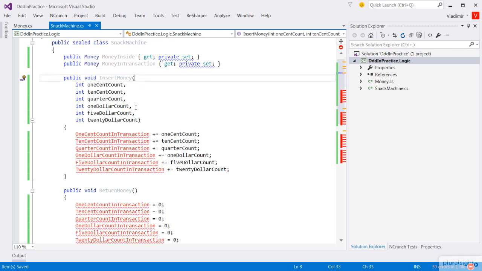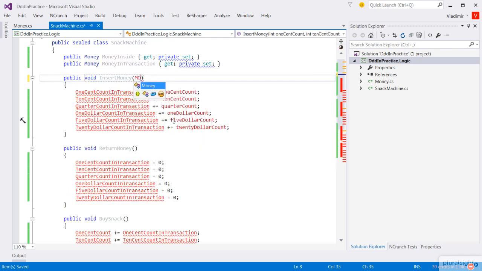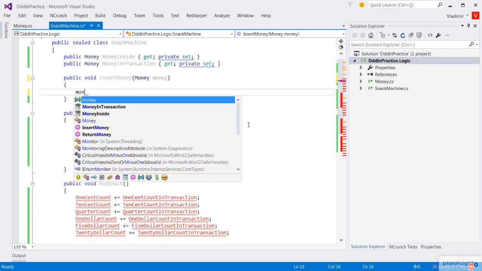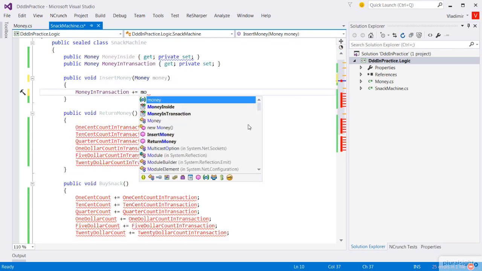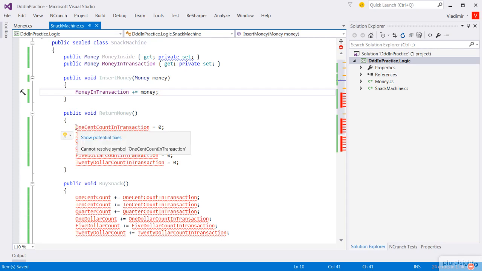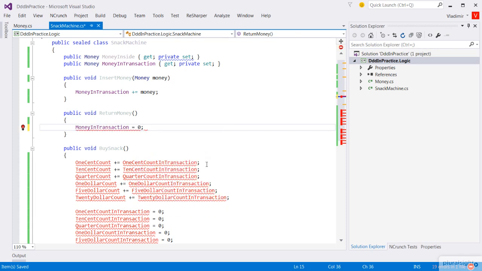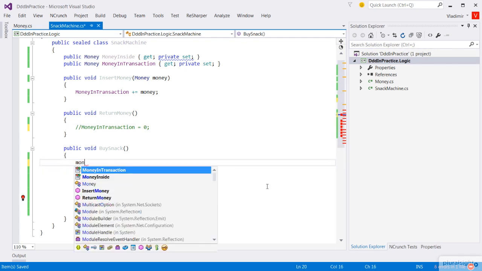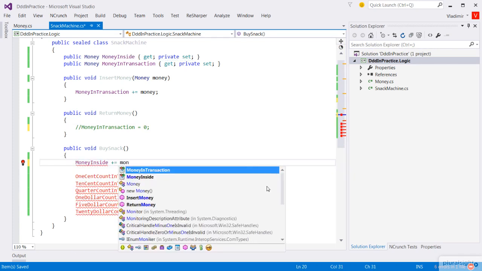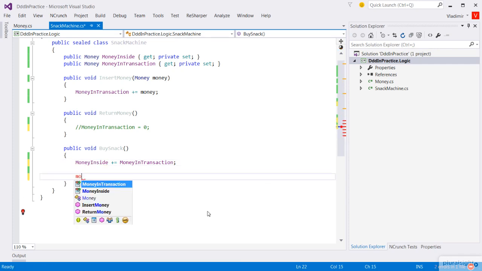The insert money method can also accept a money instance instead of the separate count parameters. Here we make use of the plus operator we introduced in the money class. For the return money method, we will also need to introduce some operation for clearing up the money instance to show that there is no longer any money in the transaction. We will talk about it later. For now, I'll just comment this line out. For the buy snack method, we are moving all the money in transaction to the money inside and also